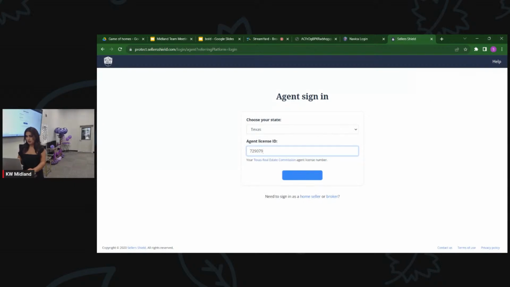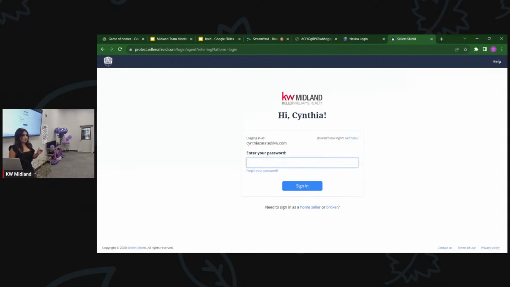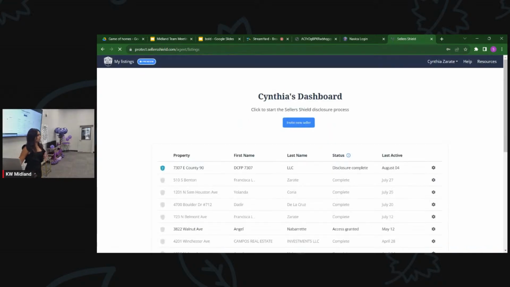But you're gonna go in here, right? For every single property, you're gonna do this. Now, you don't have to have the seller's disclosure right away. You can wait. It's better to have it up front so you can just upload it into Naviga. But if you don't, it's okay. Just get it as soon as you get something under contract, within those 3 days, or they can come back out.